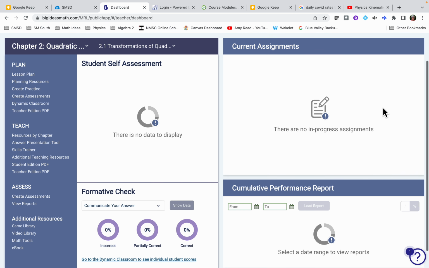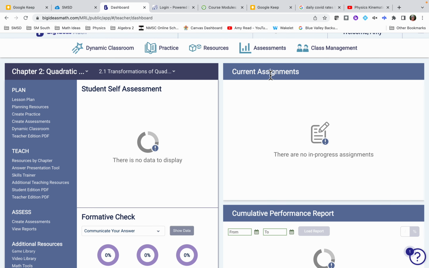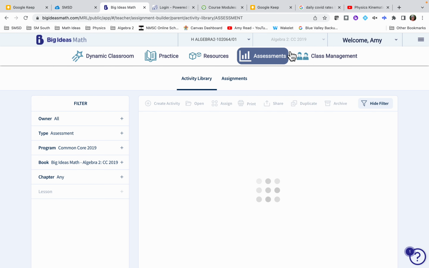You want to make an assignment. So you can click on practice or assessments. I actually only use this for practice, for homework assignments basically, and I can show you that, but I'm going to show you assessments because that's what you had asked about. So in assessments,